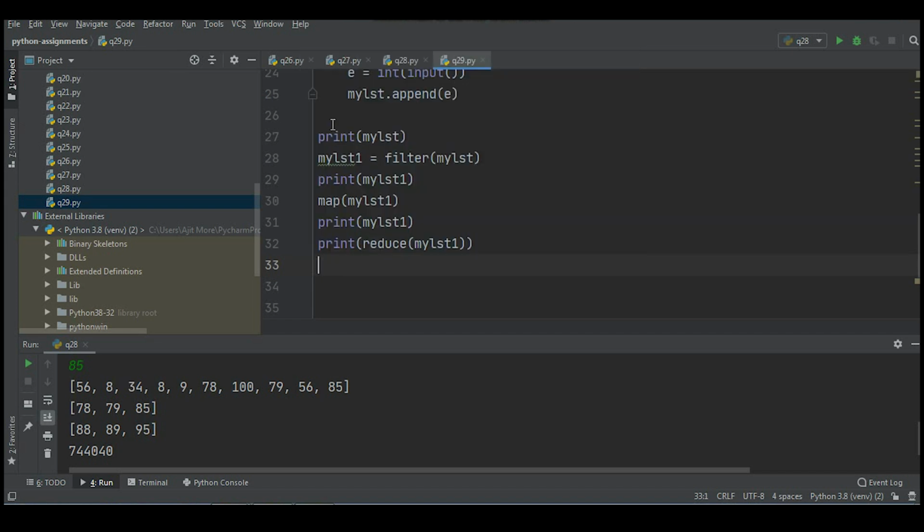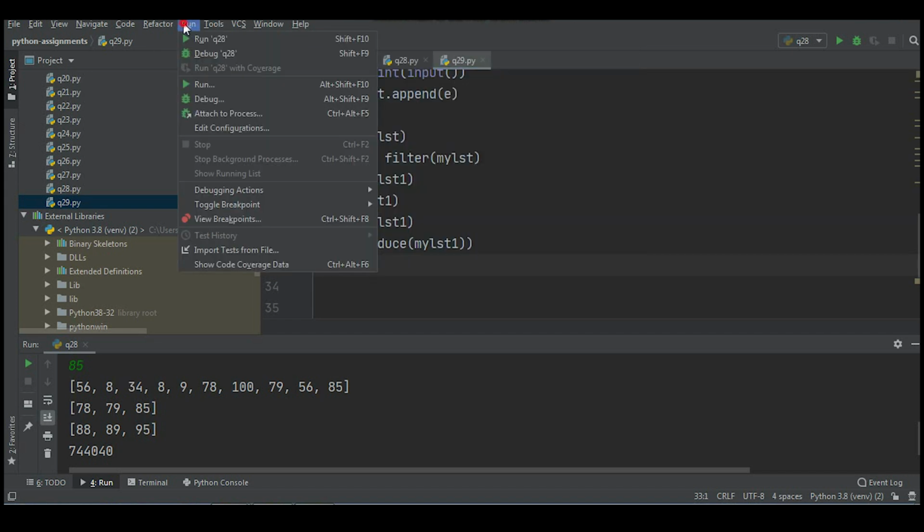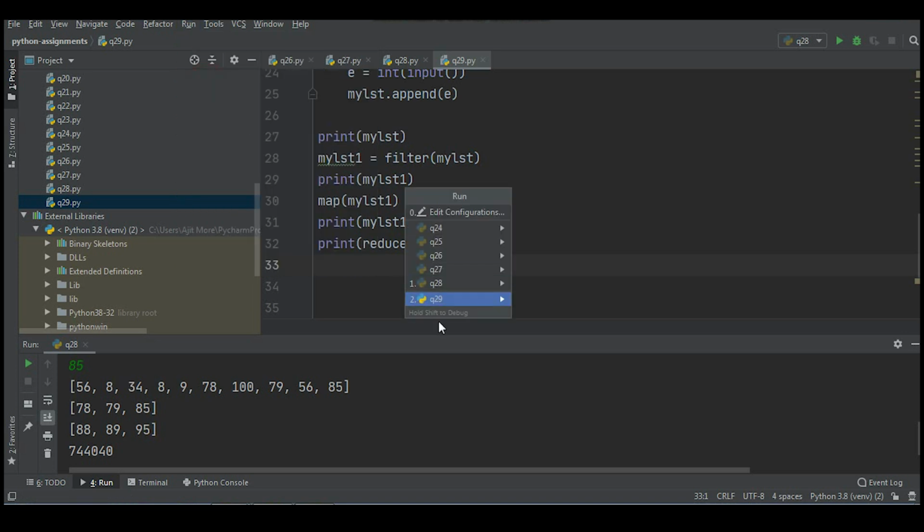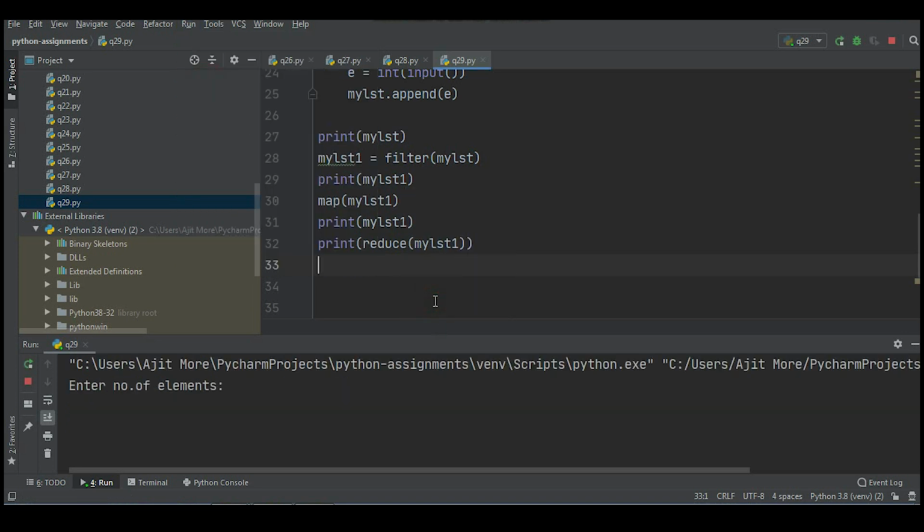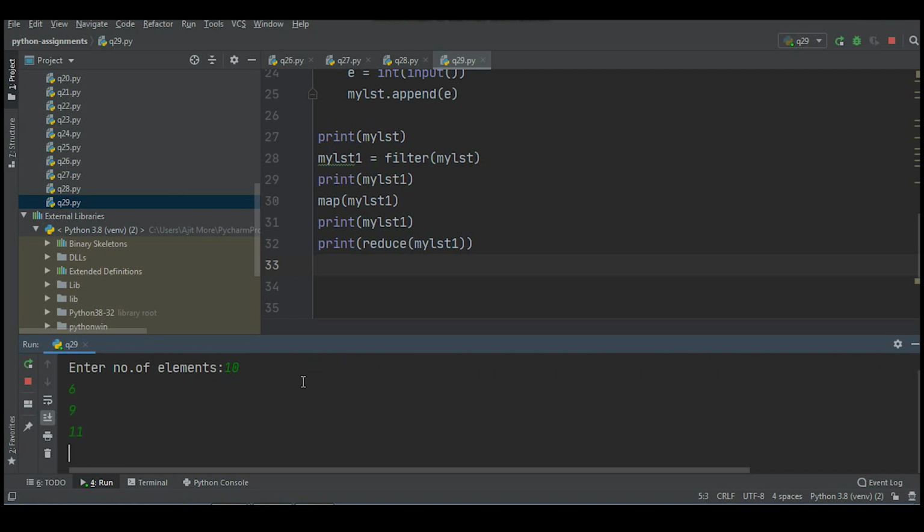Let's execute this code. I'll pass to it the number of elements, for example 10. I'm giving 6, 9, 11, 2, again 2, 4, 7, 15, 19, again 2.